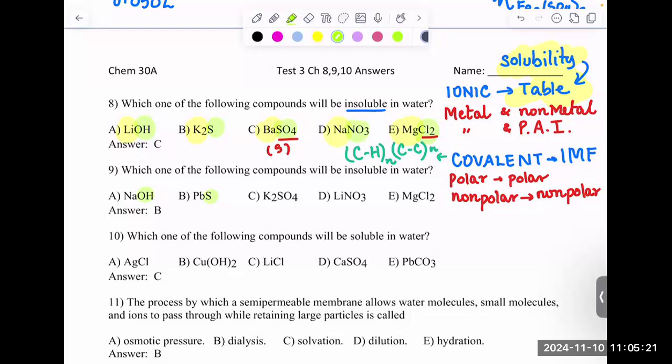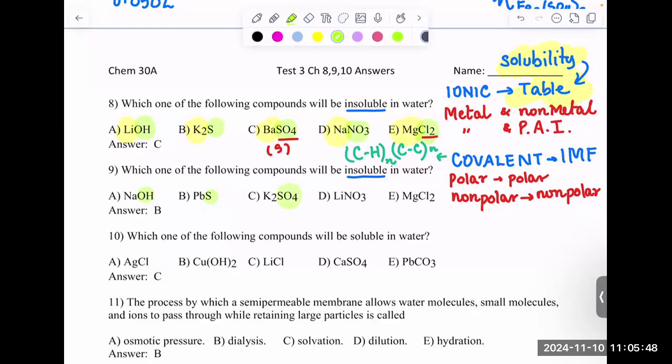The solubility table actually relates to the non-metals or the polyatomic ions more. So hydroxide, all hydroxides are soluble in water except sodium, group 1A. So sodium hydroxide is soluble, but we are still looking at the insoluble. So we need to find which one is insoluble. So here we see that the